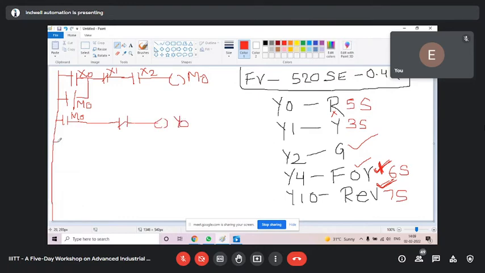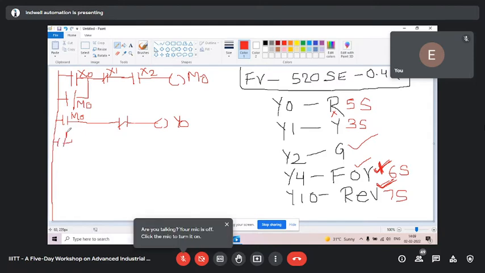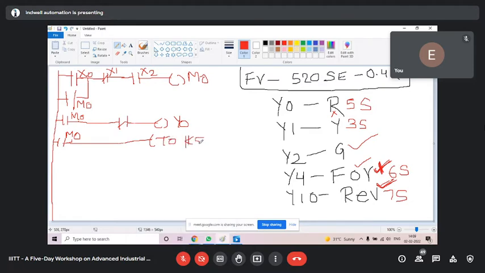From M0 timer will run for 5 seconds, K50. So T0 will break this, and T0 will run another output Y1, that is in yellow color.